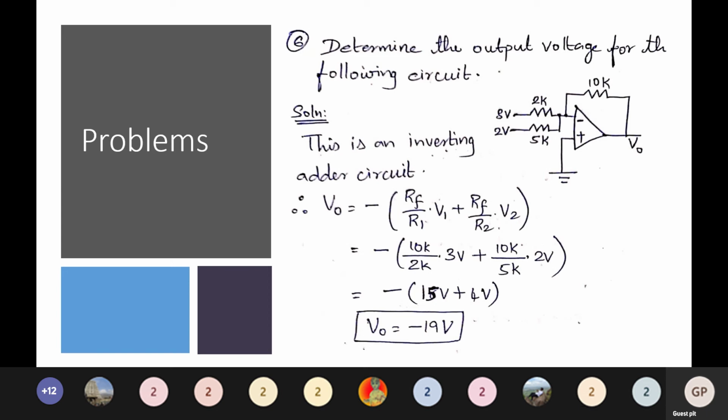So here substitute all the values and you need to simplify. Okay, just simplify and check out what answer you're getting. I want everyone to do the problem. It's a very simple, straight problem. Okay, the only thing is you should identify that it is an inverting adder, so you can do it fast. Or else this expression should have been derived. Okay, if you are not able to identify it, then you will be deriving this expression as we saw in the inverting summer. The same way you have to derive it, and then you will be applying the values. So it will take time. Once you identify the circuit, it is very easy. Straight direct problem, direct application of formula. So please try to do this and see what answer you're getting.